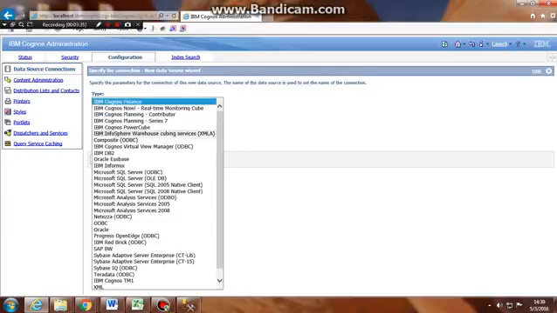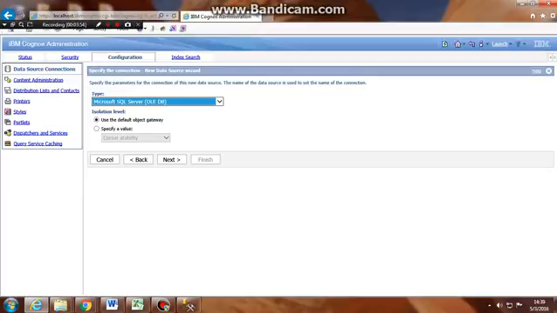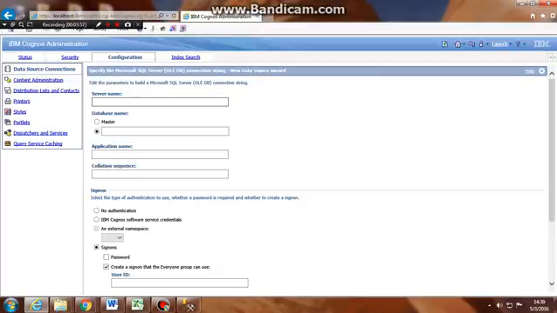Now I'll be adding an SQL Server, so I'll be using a Microsoft SQL Server OLEDB. Okay, you can use IBM DB2 or Cognos, or sorry, Oracle or Teradata, whatever you want to add. Teradata ODBC is there, Oracle is here, DB2 is here. So I'm using SQL Server OLEDB, and I just click the default gateway and click next. My server name is